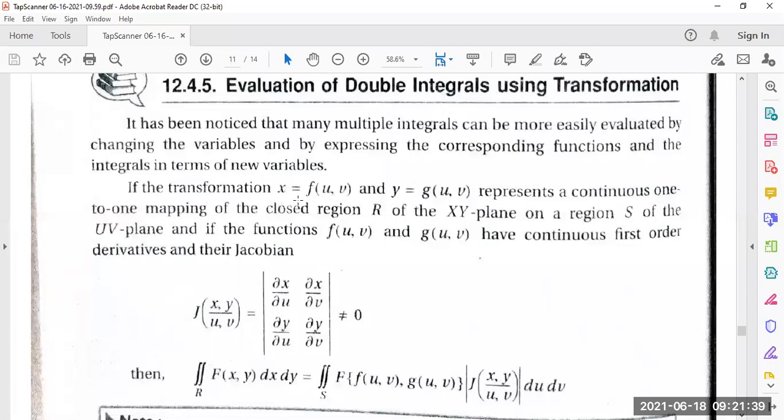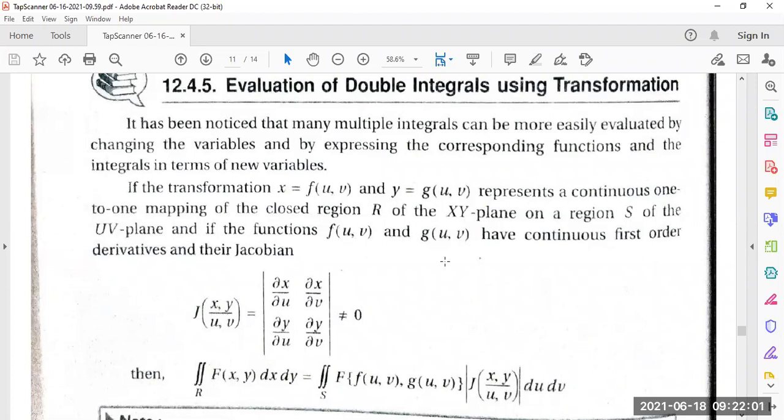If the transformation x equal to f of u comma v and y equal to g of u comma v represents a continuous one-to-one mapping of the closed region R of the xy plane onto a region S of the uv plane,